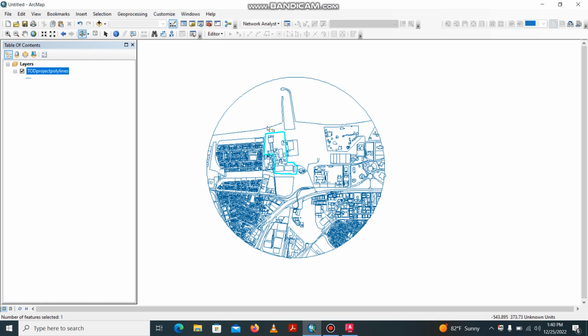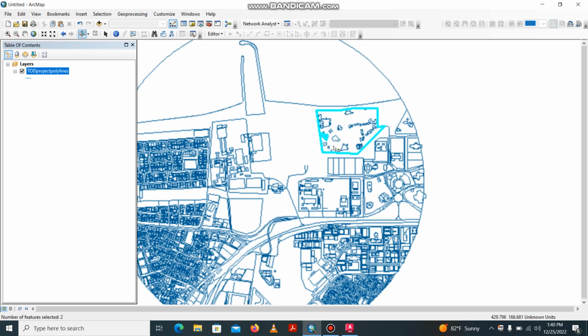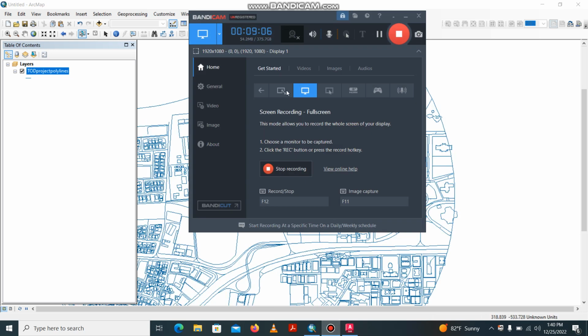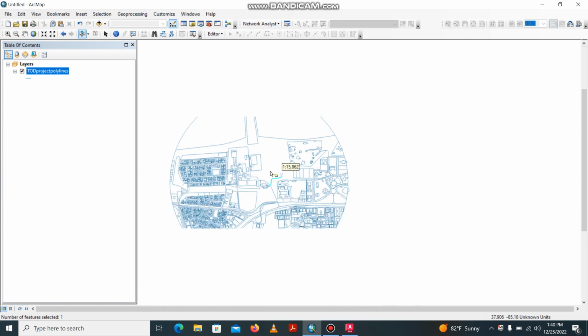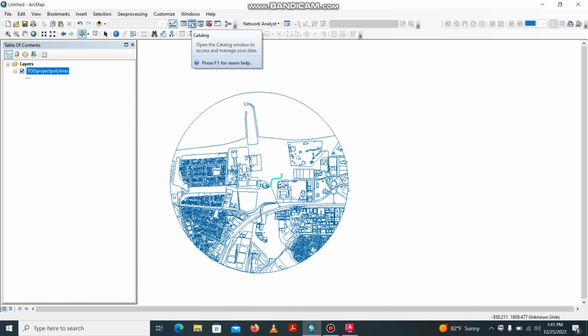If I select them, they are selected line by line, and sometimes they are not selected as plots. So first I need to convert everything into polygons. So I will go to the ArcToolbox,